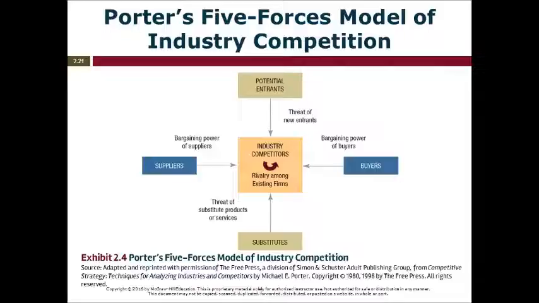Well, let's take a good look at Porter's five forces model. I could do an entire presentation on this particular model, but a lot of this has to do with these different items or things that cause competition. We have industry competitors in general. We have suppliers, we have buyers, we have substitutes within the industry. That means maybe we don't need this particular product, we can substitute it out for something else. We have potential entrants. Here are some of the basics about this model.